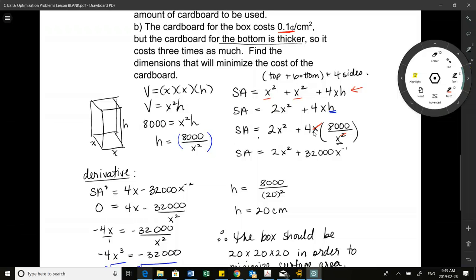And it's also easier to isolate for that in the volume formula as well. So it doesn't matter whether you isolate for x or for h. We just want to differentiate with respect to one variable only though. That's the key. Okay, so there are 3 questions